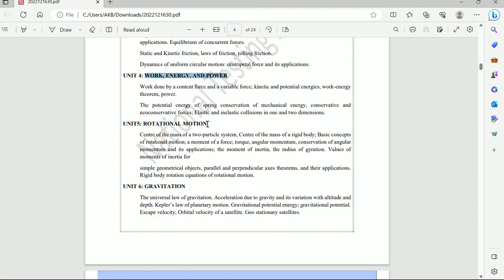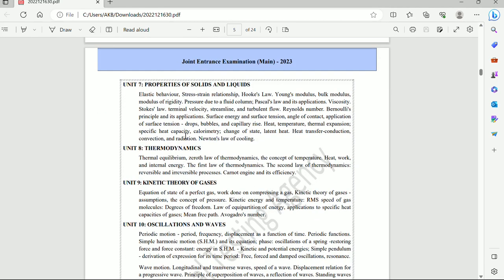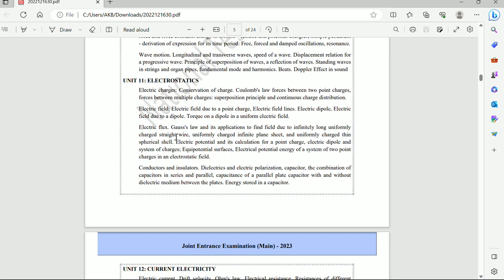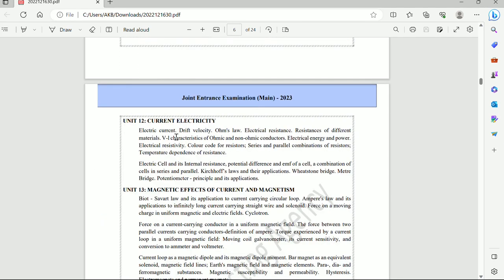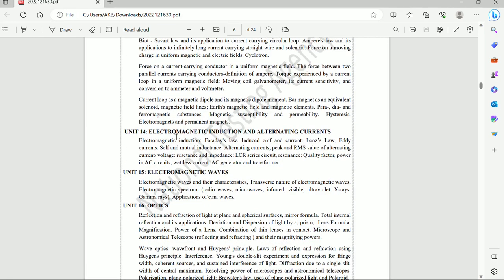fifth is rotational motion, sixth is gravitation, seventh is properties of solids and liquids, eighth is thermodynamics, and ninth is kinetic theory of gases, 10th is oscillations and waves, 11th is electrostatics, 12th is current electricity, 13th is magnetic effects of current and magnetism, 14th is electromagnetic induction and alternating currents,